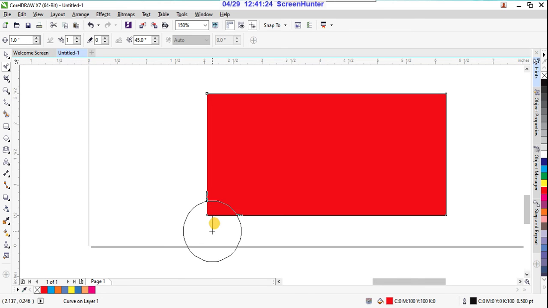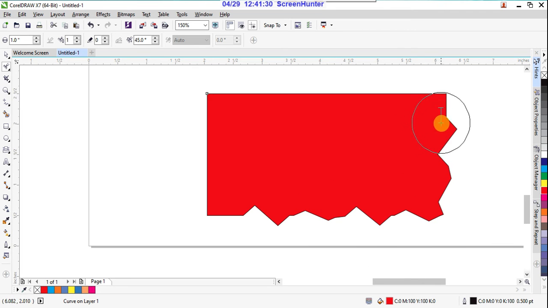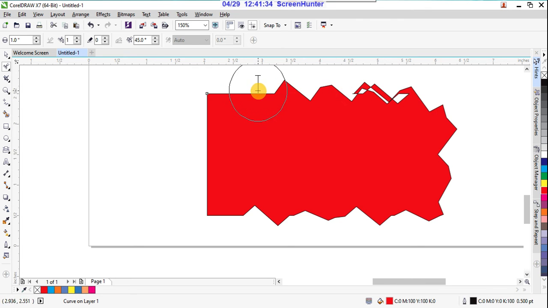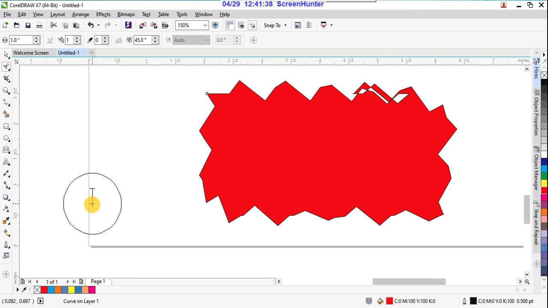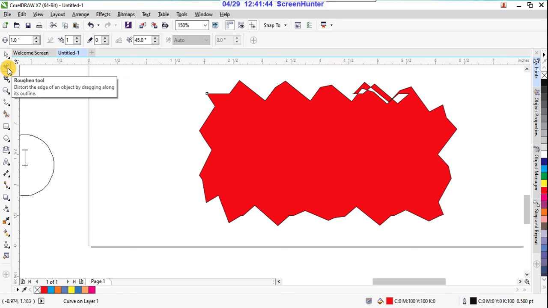And now you check this, roughen. So it is giving something like a cracked border look. See, sometimes we use this. These are all the reshaping tools. You can reshape all these things, right?